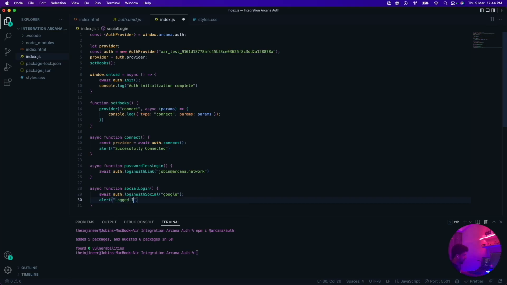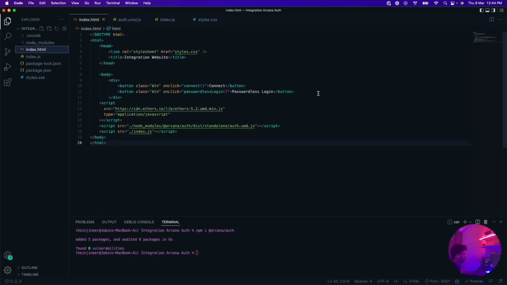Logged in successfully using Google, and that's it. Our function is ready. Our alert also is ready. Now we just have to add this function in the front end, so that the user can interact with this